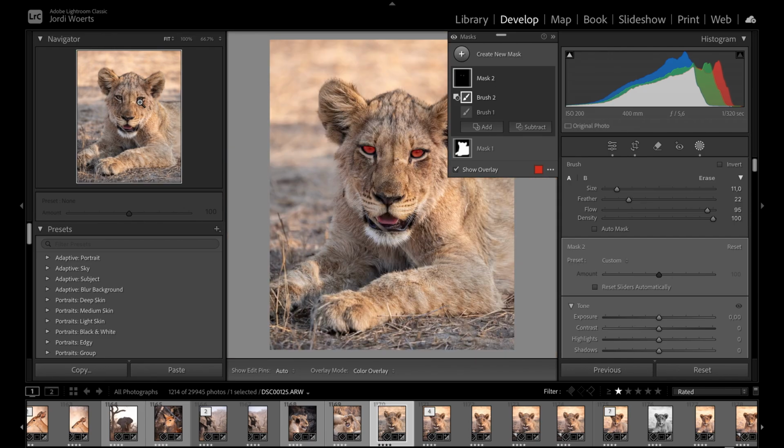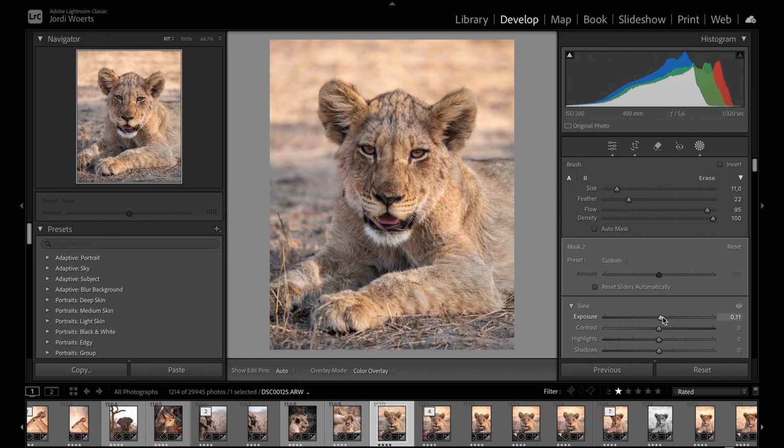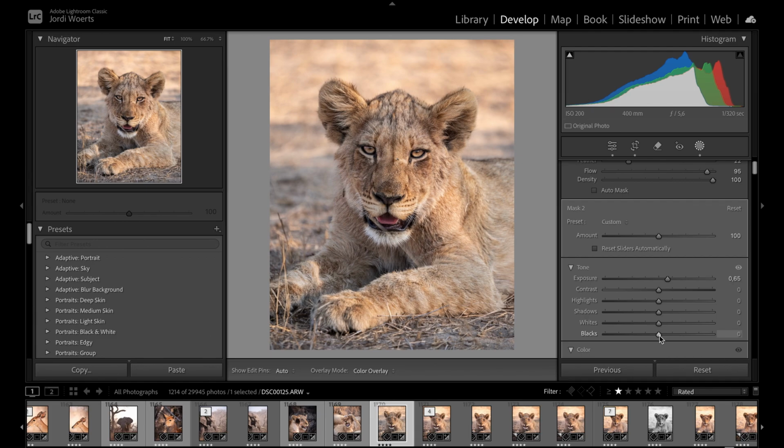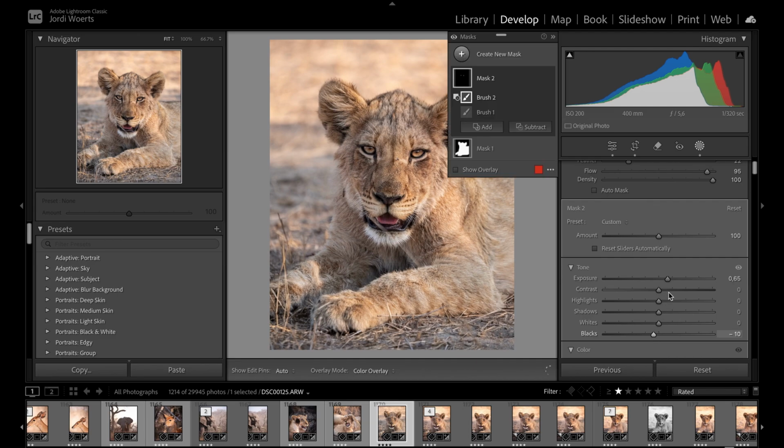All right, there we go. Now I like to zoom out and put our exposure up until we like it. See, it's already popping much more. It gives the photo much more character. I really like that. But you see that the whole eye is getting quite bright now. But I don't necessarily want the blacks to be also bright. Obviously, you miss a lot of details there. So we just go to the blacks now. Put that a little bit down. Let's see how that works. There you go. It also makes the eye a little bit more yellow, and I actually quite like it like that. All right, there we go. I think this is sorted, and the eyes are done.